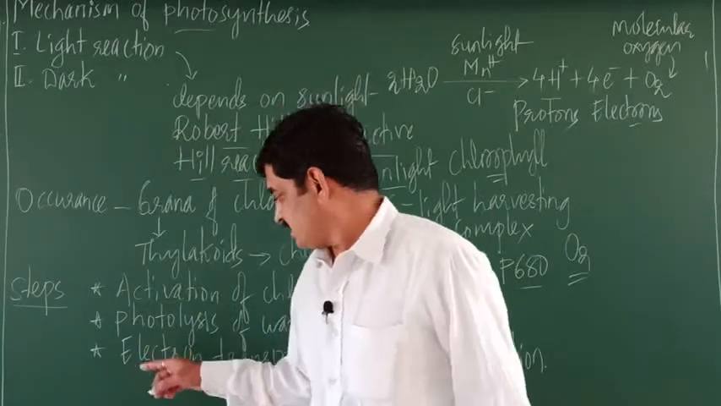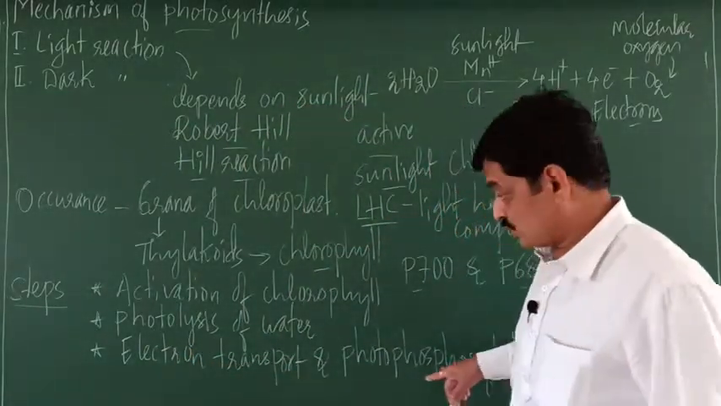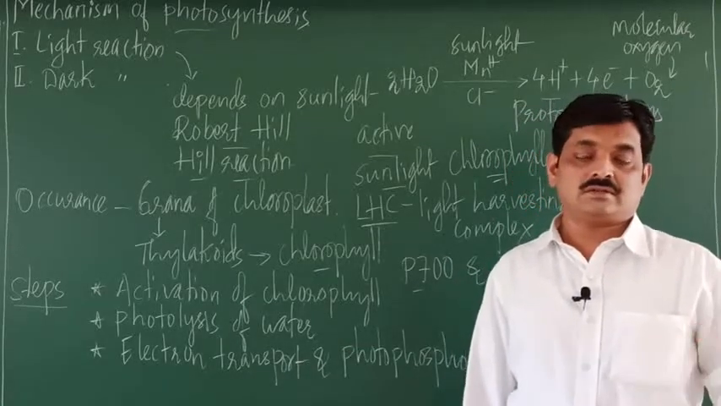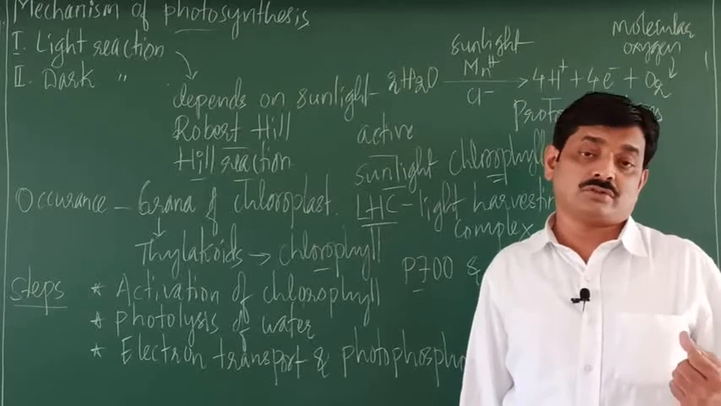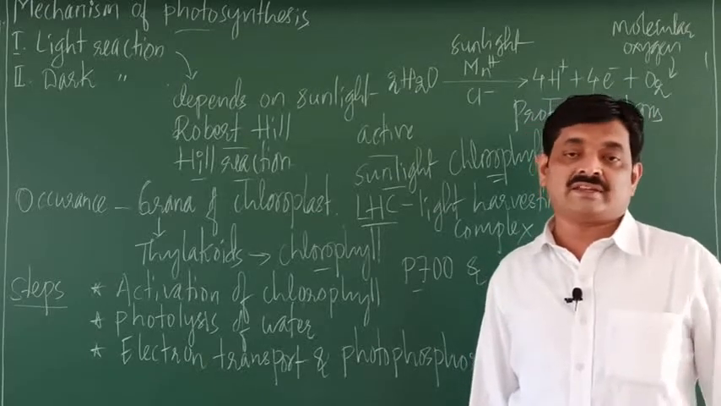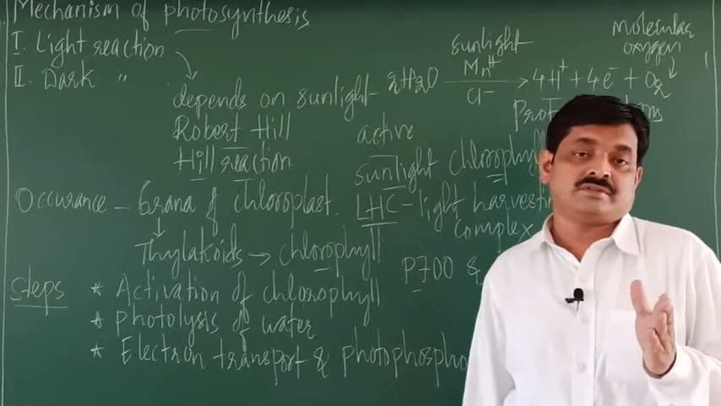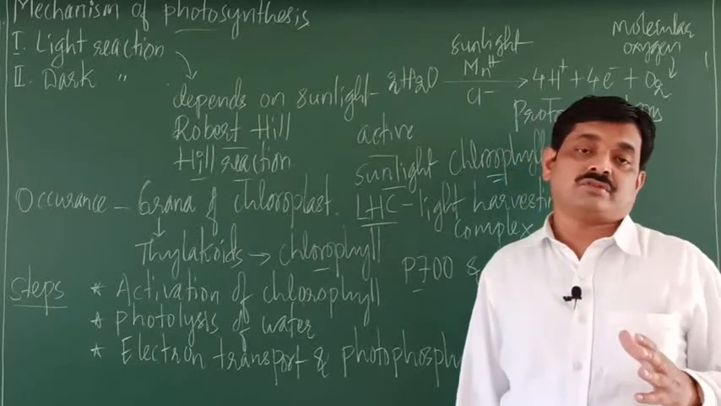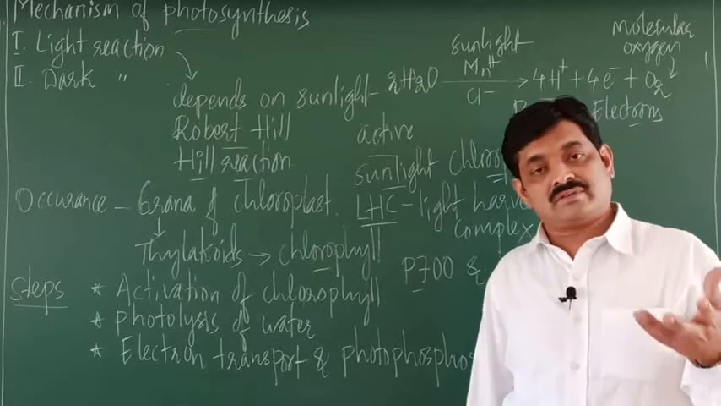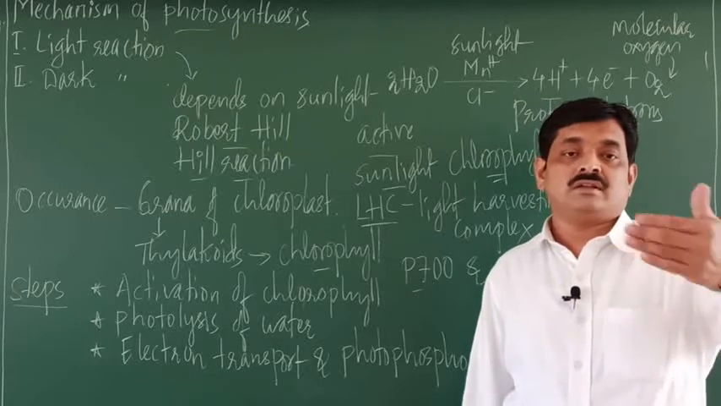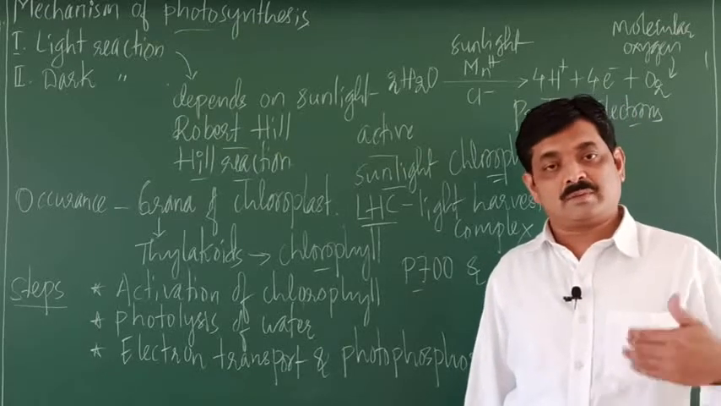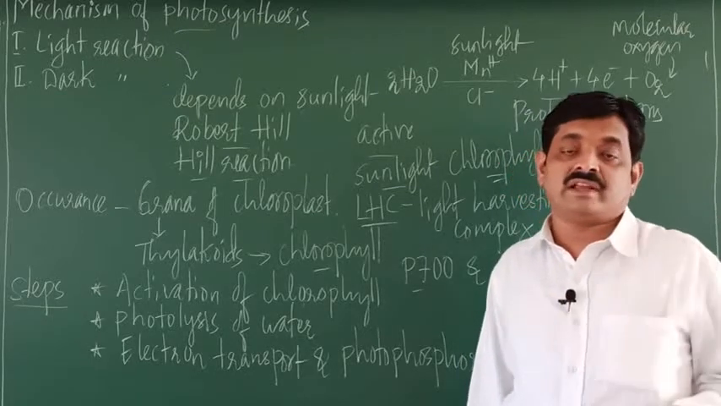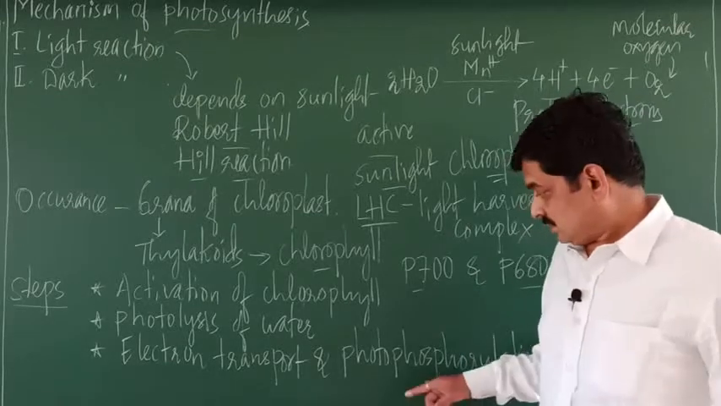Then the next one is electron transport and photophosphorylation. Electron transport is the transfer of electrons with the help of electron carriers. There are various electron carriers which transport the electrons during photosynthesis. How they transport, we shall consider when we discuss the coming part, right? So in the coming videos we shall discuss how electrons are transferred with the help of electron carriers. Then